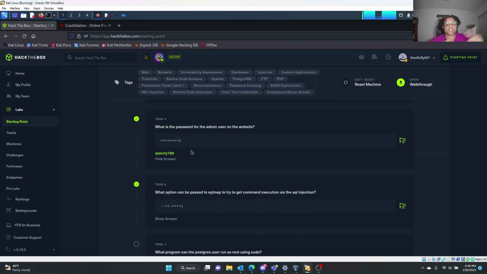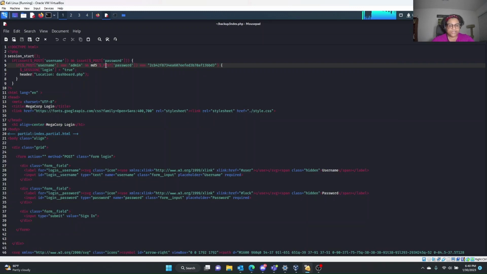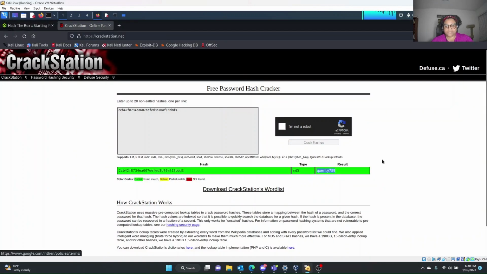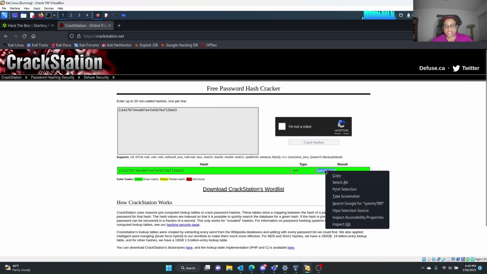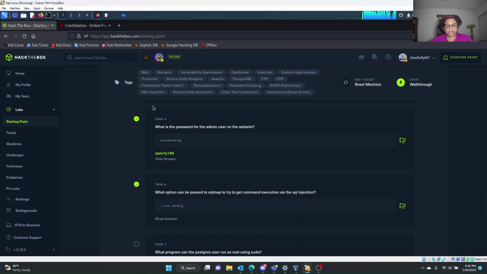So I had jumped a little bit. We needed to use the password to extract the zip file. And then from the zip file, we went to the index.php. Going to the index.php, we see the username is admin and the password is an MD5 hash. We went to CrackStation and cracked the MD5 hash, which is QWERTY789. Okay, now what we're going to do is